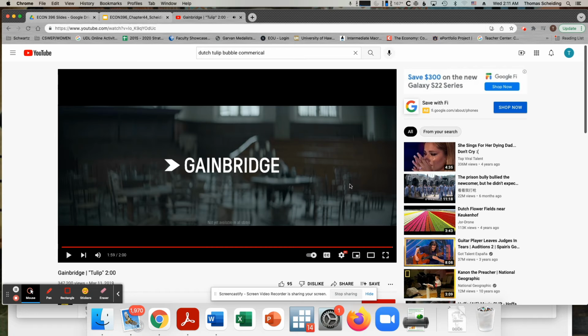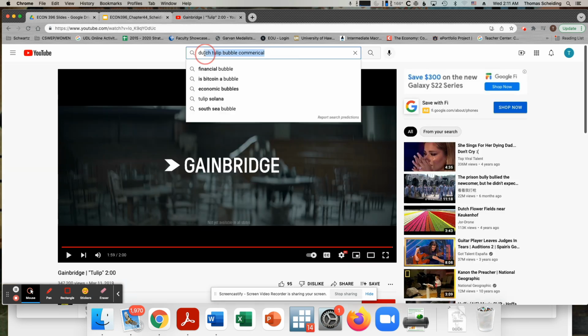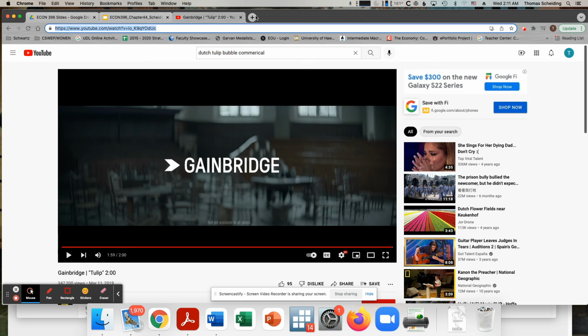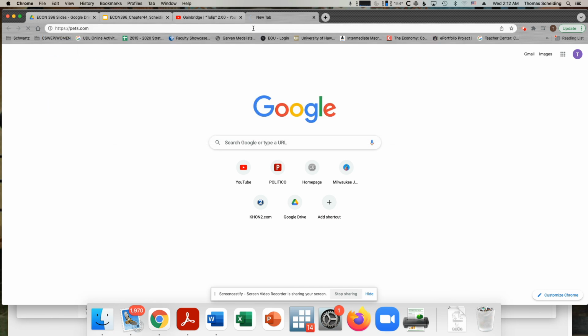Okay, so these bubbles, we see them in the other kind of classic example we have, which would be the internet stock bubble, which would have been around the time that many of you were born, so you wouldn't really know. But basically, if you were an internet company, the most famous example being Pets.com,